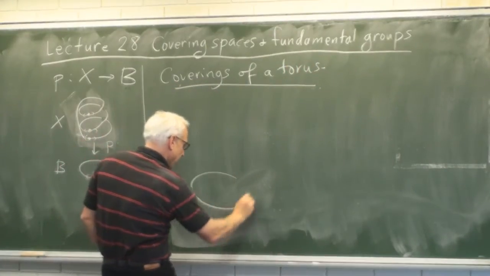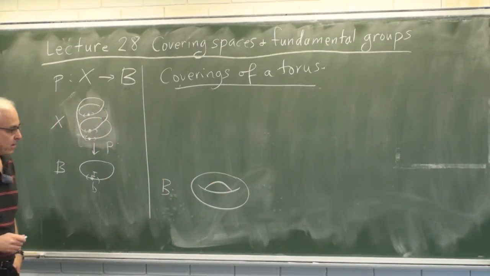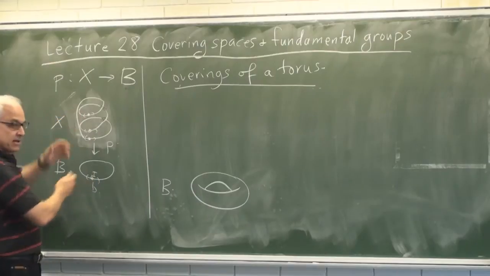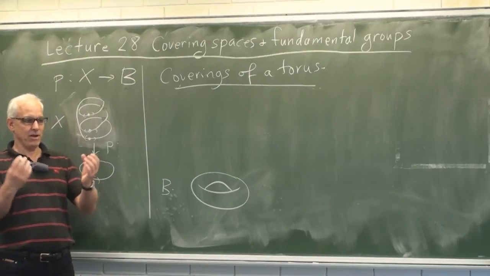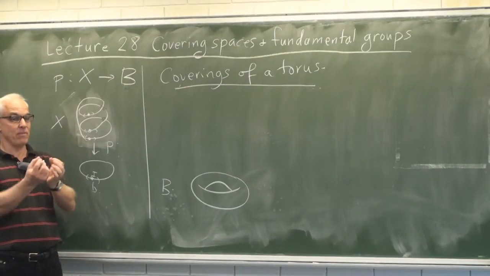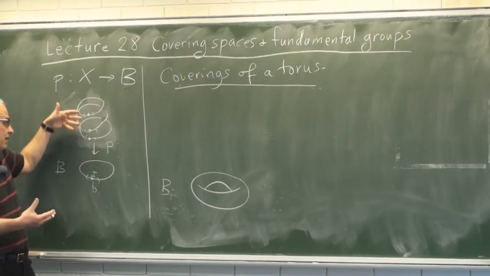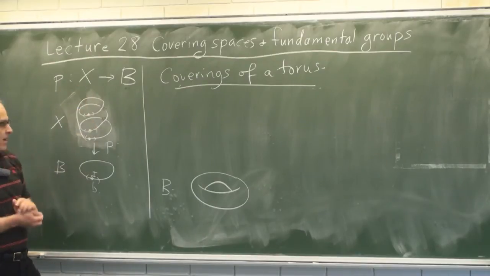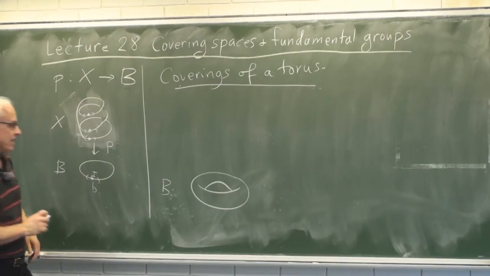So if we have the base space being a torus, how could we get some coverings of that? Well, the idea is somehow very similar to this. In fact, what we could do is take exactly this picture here and dip both these spaces into batter, the way you make pretzels, making them, instead of just one-dimensional things, into two-dimensional fat sort of surfaces. And then we would immediately have a covering space of the torus by this sort of helical torus. Now that's a little bit hard to draw if you're not too skilled. So I'm going to draw that kind of thing in perhaps a slightly different way.